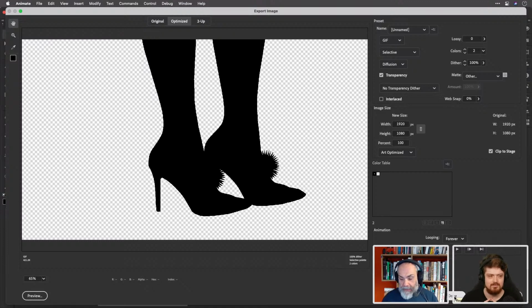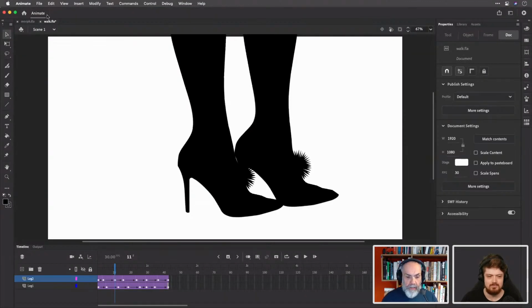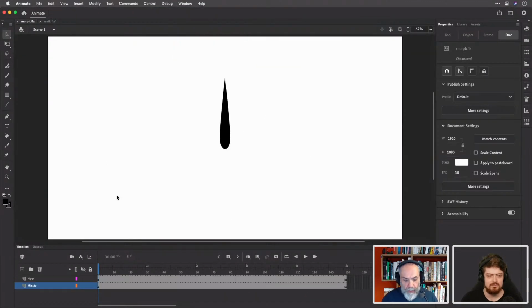And given that I'd done that, what I thought I'd actually do was I did it also with the morph file that I had here. So this is the hour and minute hand. It's hard to tell the two apart unless I hide one or the other. So if I hide this one, you can see the other one there. And I put a little hole in that as a clue for me for where the turning center was, so that I could turn that nice and easily.